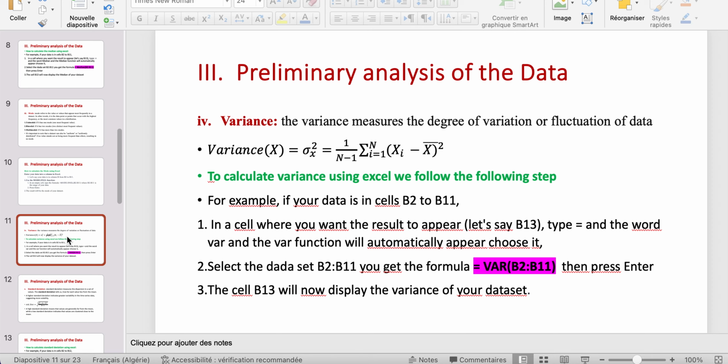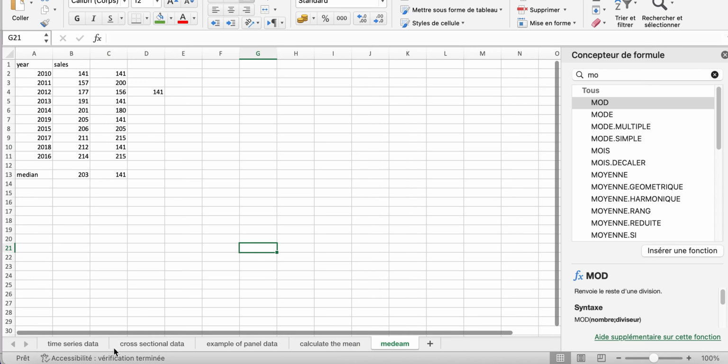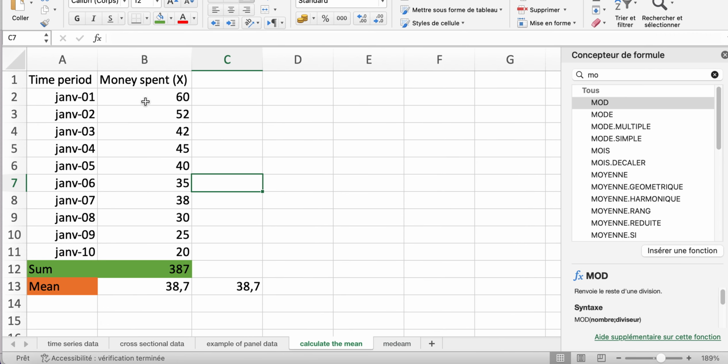Okay, so the variance is calculated using this formula: 1 over n minus 1 times the sum of (xi minus x bar) squared. And how do we calculate it using Excel? Here I show you how to calculate the variance. For example, if we want to calculate the variance of money spent here,